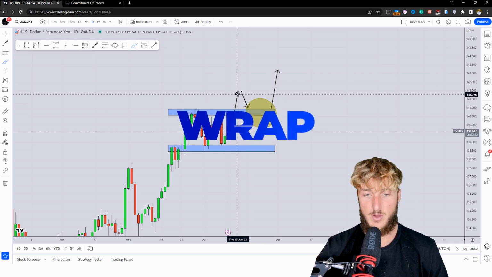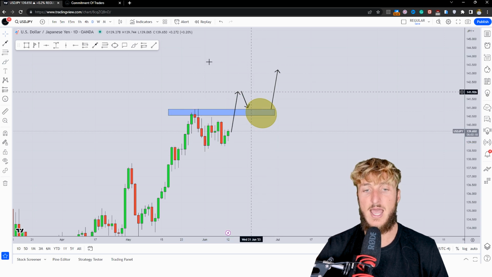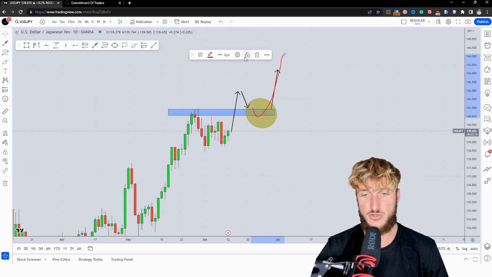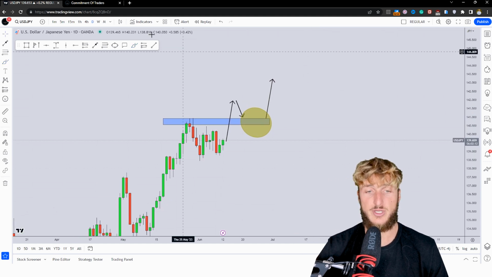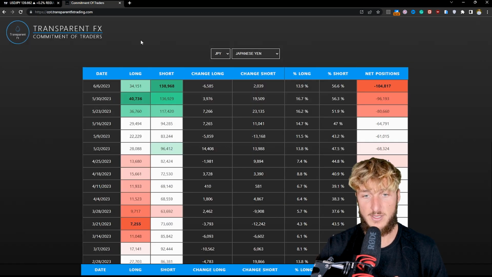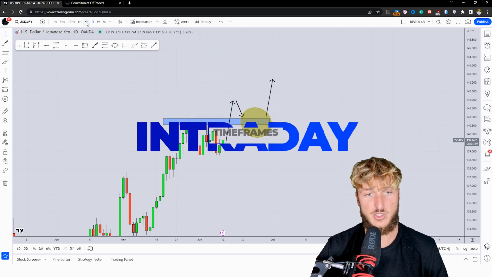So if we get the break above the high of this range on the retest of the previous resistance turn support, we could be approaching a potential reversal higher. Now, as usual, trading is reactive and not predictive. The monthly, weekly, and daily combined with the COT data, those are the best time frames from a directional perspective. However, when it comes to confirmations and entries, the best time frames are the intraday time frames, so 4 hour